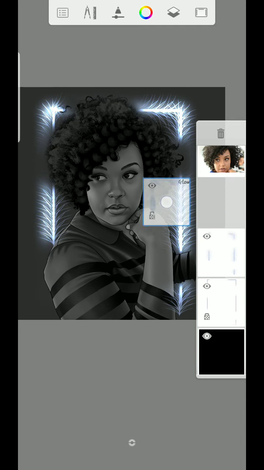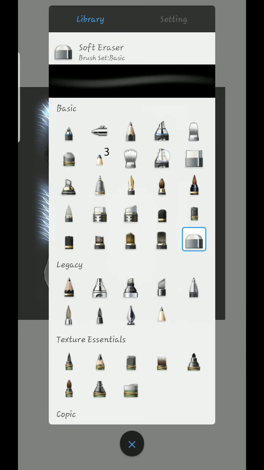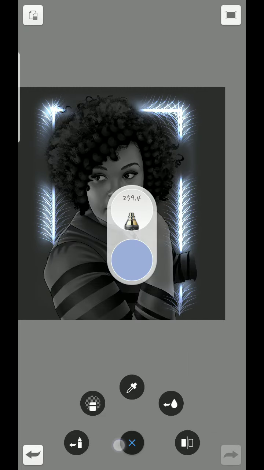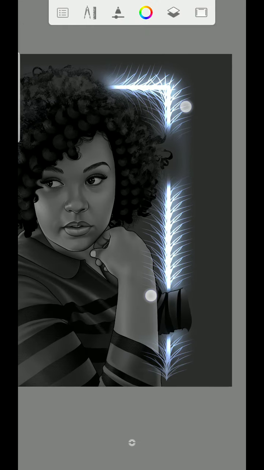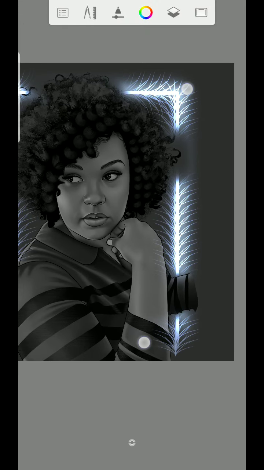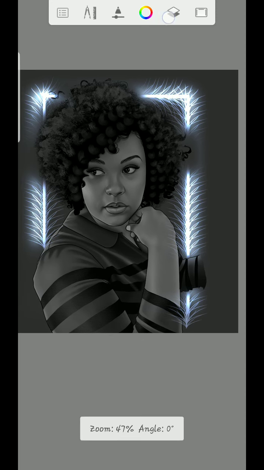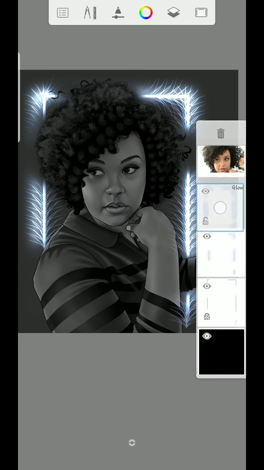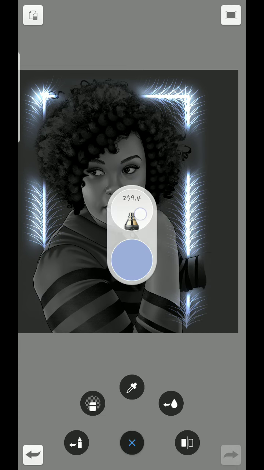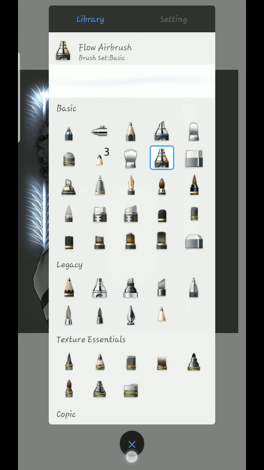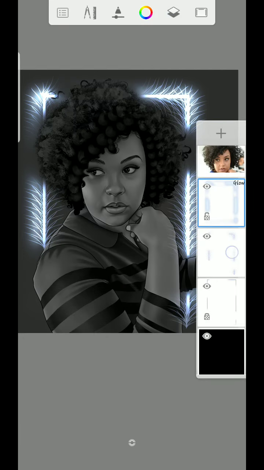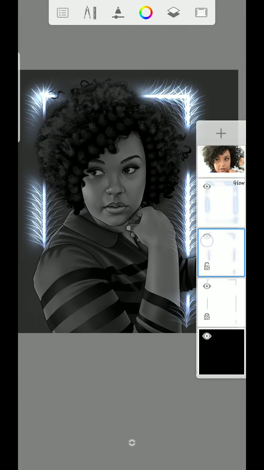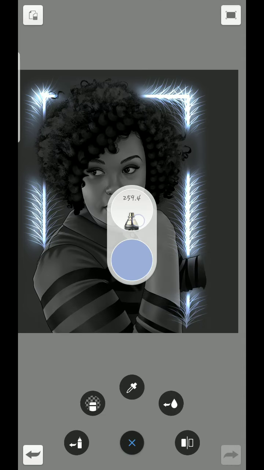So this one right here, I use this flow airbrush. I use flow airbrush to make the surrounding glow. Like this particular layer right here was for this tool. I use this flow airbrush. Then this one right here, this one I use